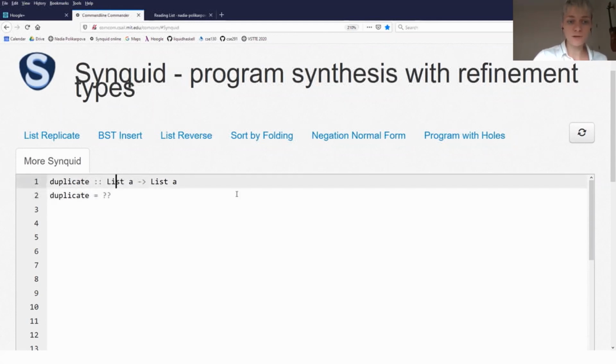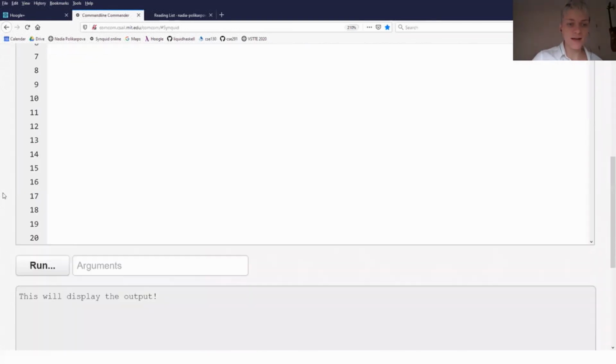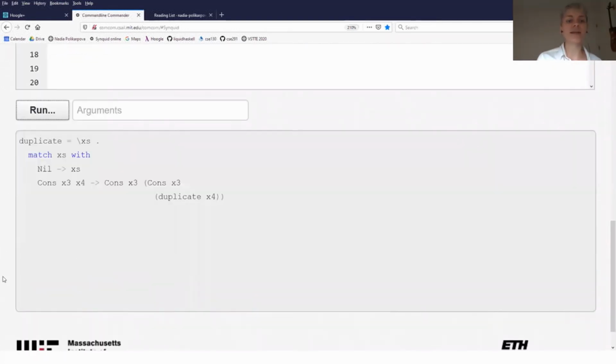But what I can do in SyncWit is I can tell it that the length of the output list has to be twice the length of the input. Right, so to do that, I'll have to name my argument, right? So I say this input list will be called Xs, and this output list, I can say that the length of this list is equal to twice the length of Xs, right? Let me put in some parentheses just for good measure. And then if I ask SyncWit to synthesize this program, right, it immediately synthesizes a recursive program that duplicates a